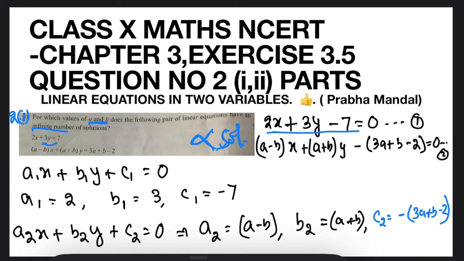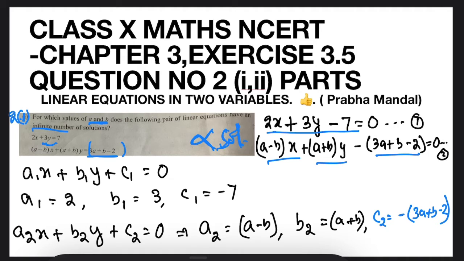That is the first equation. Second equation: what is the coefficient of x? a minus b. So, (a minus b)x plus (a plus b)y, and this one is treated as a constant. So, this whole thing you will take as a constant. 3a plus b minus 2 is a constant, one number you take. And if you take it to the other side, put the minus value: minus (3a plus b minus 2) equals 0. Okay. Now, the first step is over.